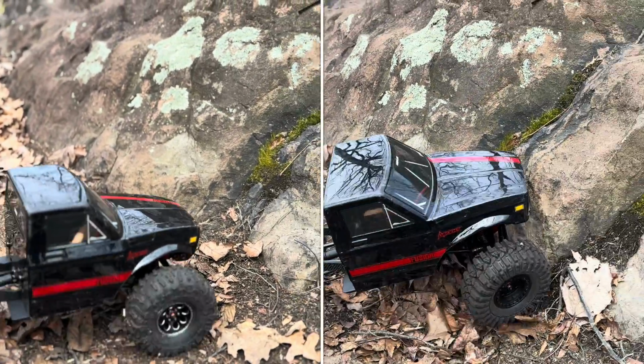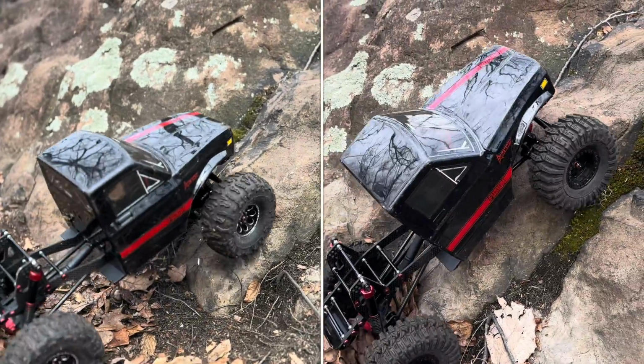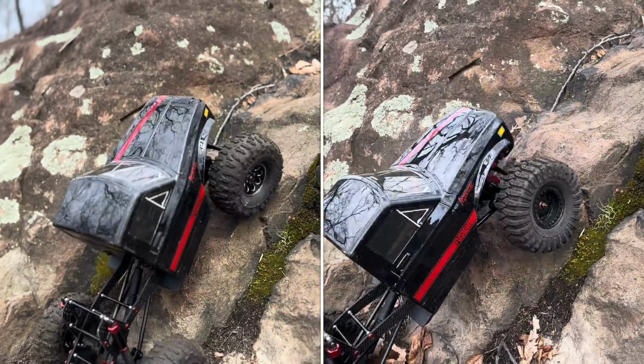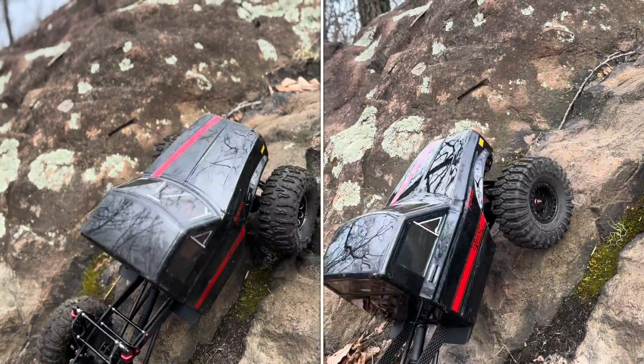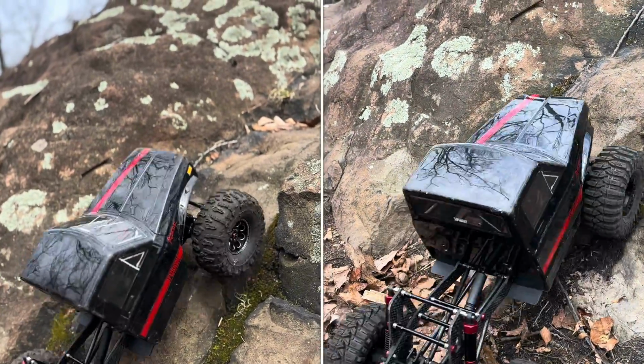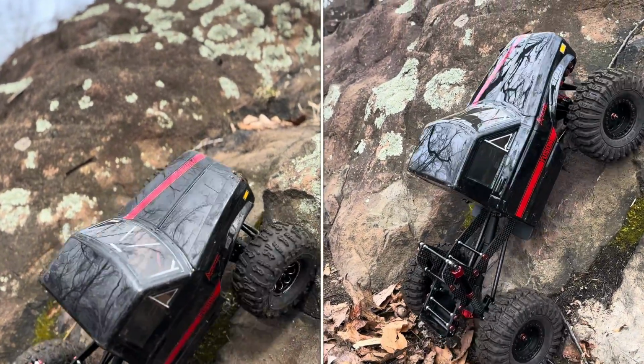I'm going to have to do this as a separate video. I have so much footage already. I'm going to have to do this as a separate video with just testing the JConcepts and Antifoams on here, just because I think I want to repeat a lot of these lines and see. All right, so this line,